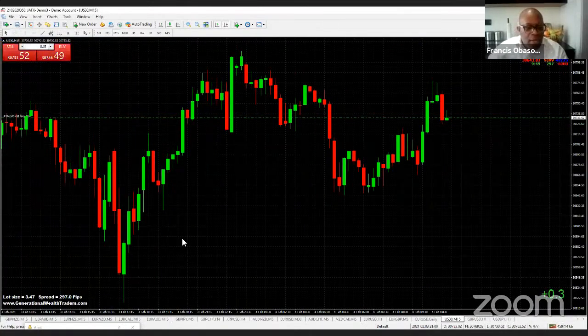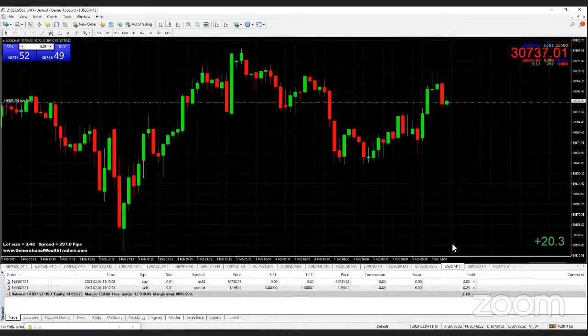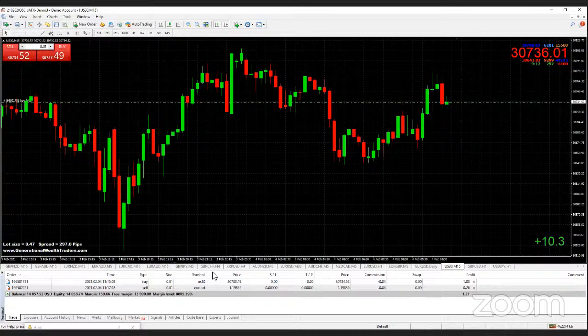So what I'm going to do now, let me turn off my camera so I can focus. But stay with me, guys. Stay with me. Okay, so looking at this trade now, we entered at, I will pull up the terminal. So this is the terminal,